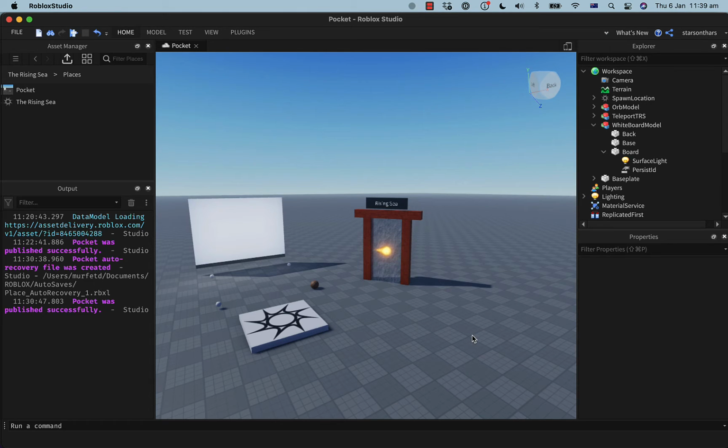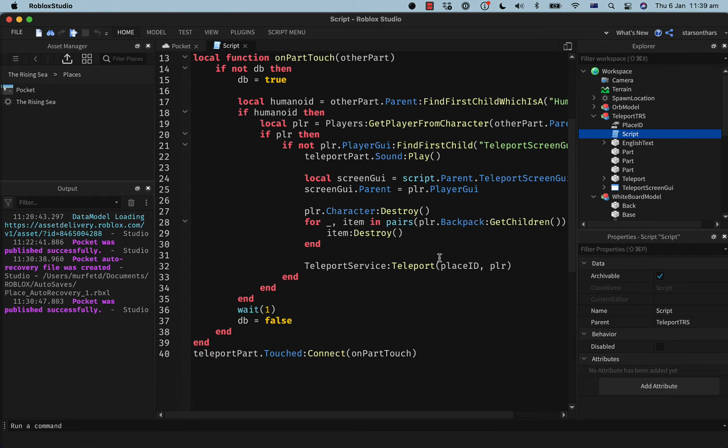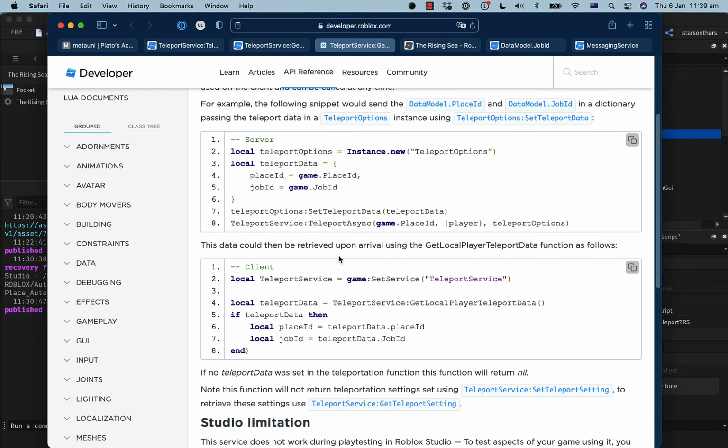Right. So could you open the script inside that? Sure. That place ID is just TRS. Oh, so that's where you can put in teleport data. That's right. So from there, can't you just grab the job ID? Because that's within the private server, right?